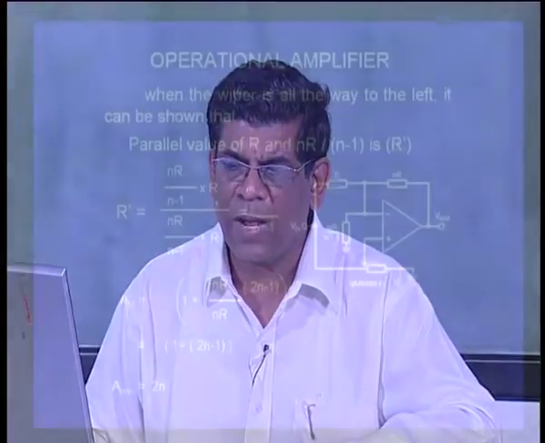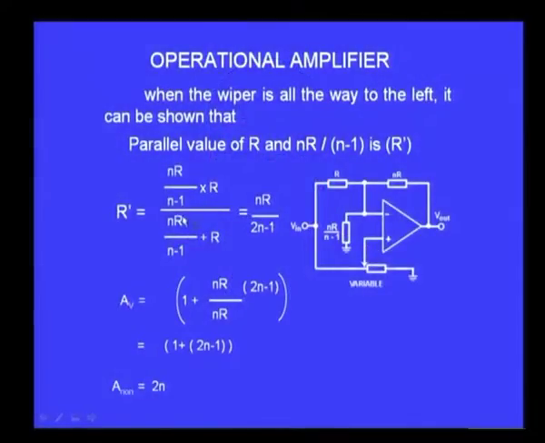We have already discussed that very long back in our earlier parts of the discussion, and therefore, NR by n minus 1 into R divided by NR by n minus 1 plus R is the effective resistance of these 2, and that when I simplify becomes NR by 2n minus 1. Now, when I have the